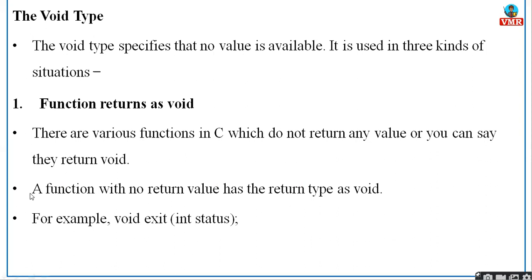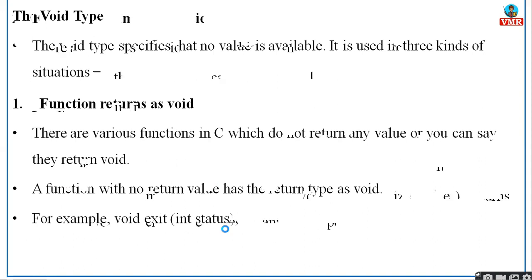Okay. And the function with no return type has the return type as void. So if I write addition function, for time being, you just remember that function is a piece of code which performs a particular task, right? So generally, if any function is not going to return any value, then also you'll be using the keyword void. So this was one of the examples, void exit(int status);